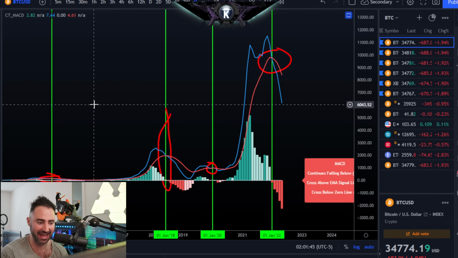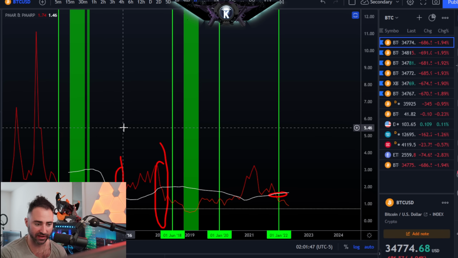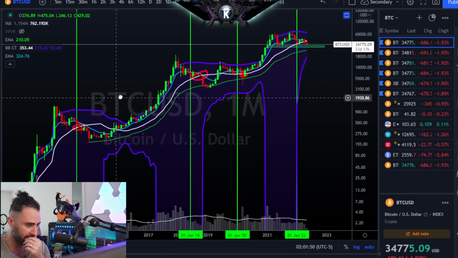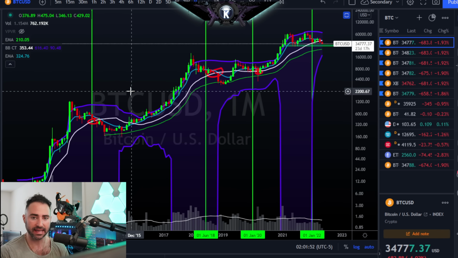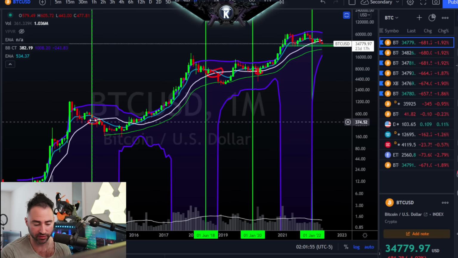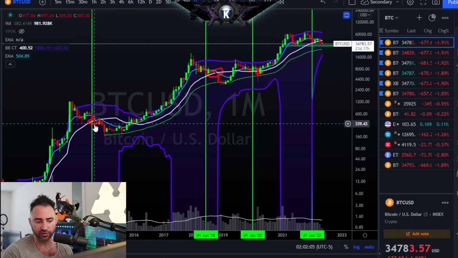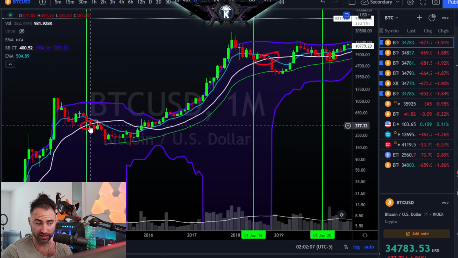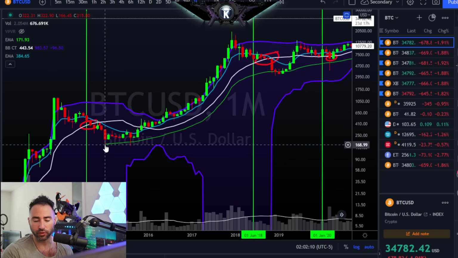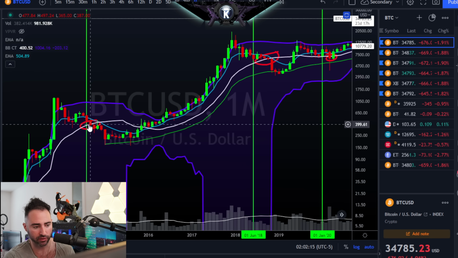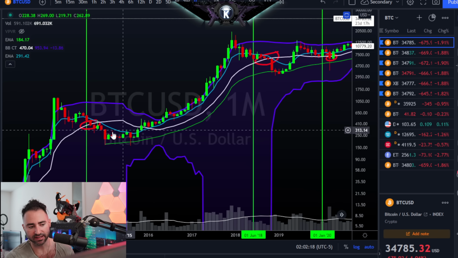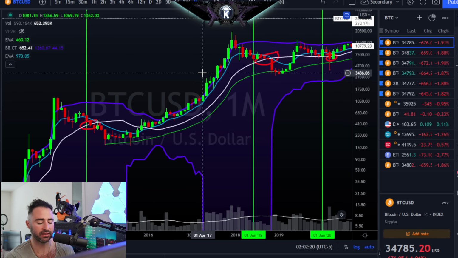That happened 3 other times in Bitcoin's history besides the current one that we're looking at right here. And that signal combined with the PMAR losing the moving average right here, but we don't need to focus on that too much. That signal then gets catalyzed by losing the white moving average on this chart, which is a 20 simple. So first the PMAR actually loses it, and then the MACD crosses to the downside on the monthly. And then once price action closes even just slightly below that white 20 simple, that move historically has been catalyzed down to the 55 exponential, over the course of 1, 2, 3, 4 months, and then takes about another half year to base off and get going yet again.